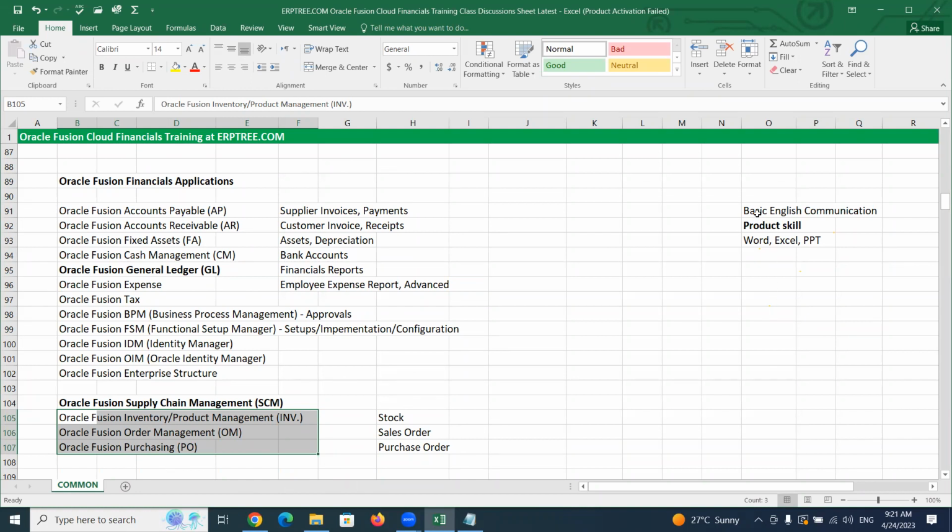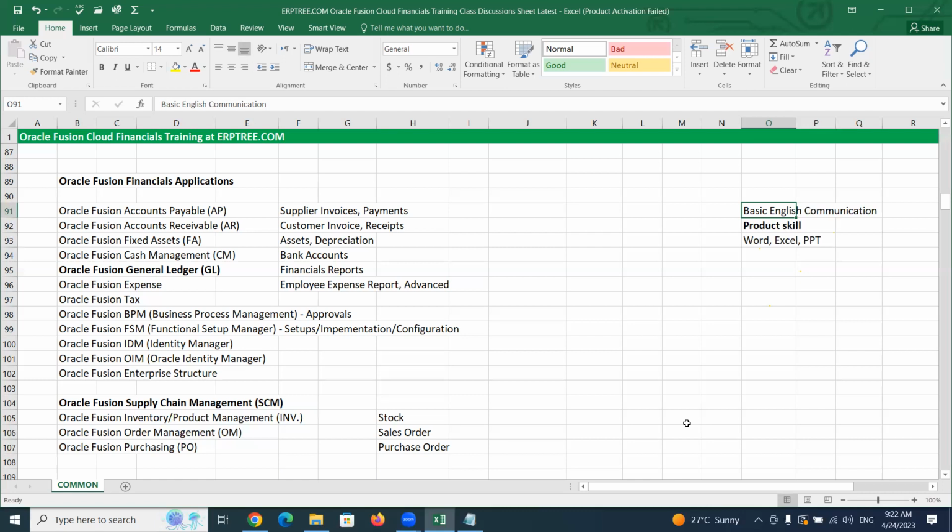And the other points I mentioned here: if you are planning to do this course, you don't need great skills at all, just basic English communication skills. If you are not okay with basic English also, please don't do this course. You will waste your money for sure. Don't do this course if you are not okay with very basic English. If you have confidence, that is not enough. Many people say, I can manage.